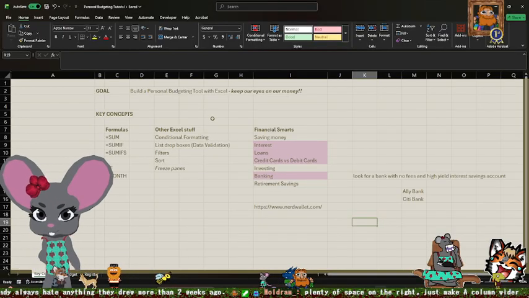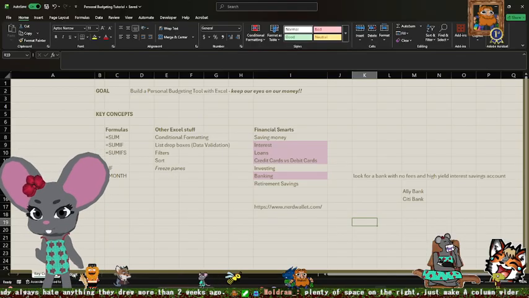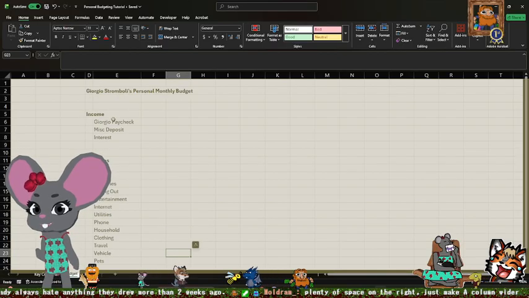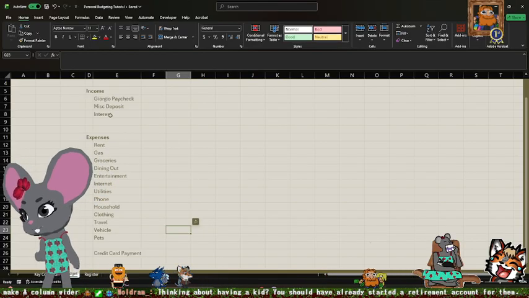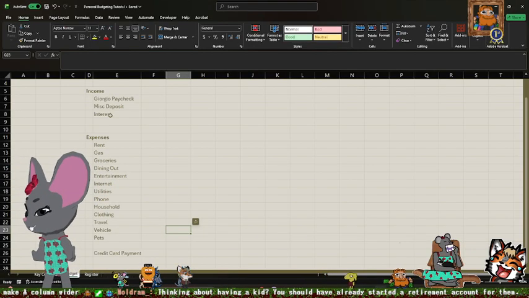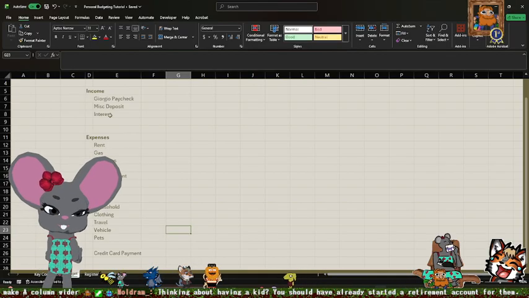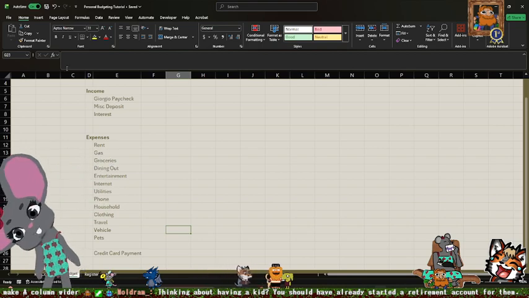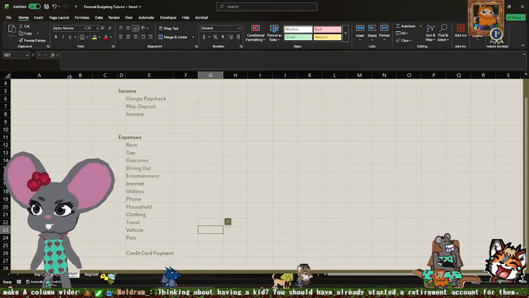Okay. Then we made categories of things that we want to identify for our budget. Thinking about having a kid, you should have already started a retirement account for them. Well, maybe a college savings plan. Here, let's move that over.